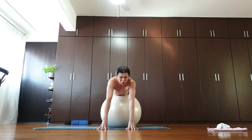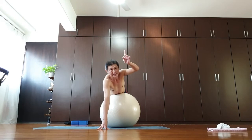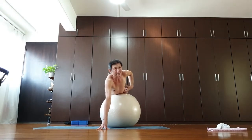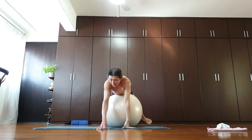Okay, remember to not bend the knees. Okay, once you go up, don't bend the knees. Keep it straight and lengthen up. So you are more activated, more engagement. So you don't want to create an arch on the lower back. You want to keep it lengthened up. Okay, now for those who are stronger,